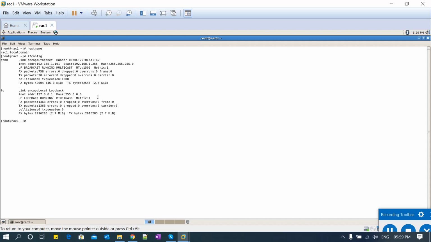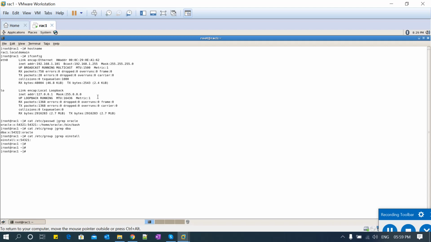So the server is ready, and now I'm going to check whether the Oracle user and the groups are created or not. For that, I'll run cat /etc/passwd | grep oracle. Yes, oracle is created, and oinstall and dba are the two groups for Oracle Home installation. I'm verifying those two groups: cat /etc/group | grep dba, dba is already available, and I'm verifying oinstall is available.